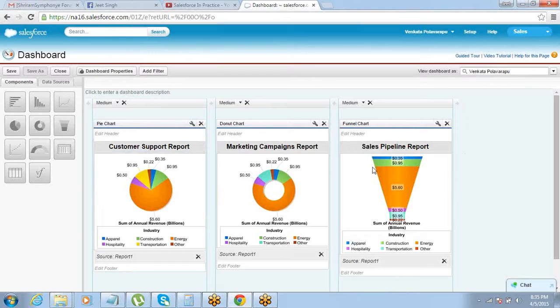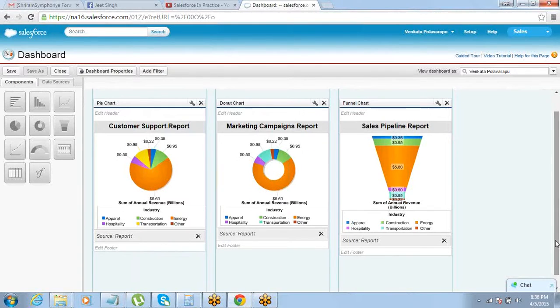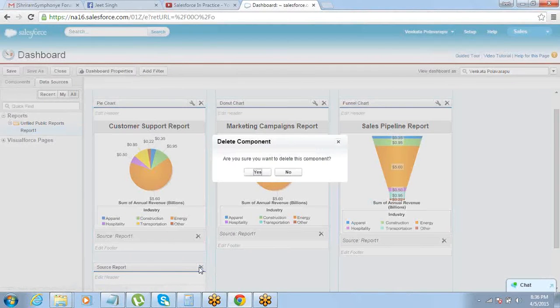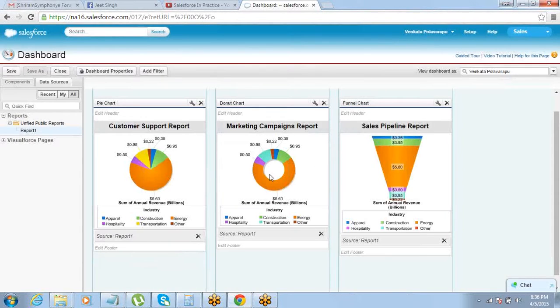That's it. Now you can put a header, footer, title, and your dashboard is ready. So you can bring in more things here. Right now there are just 3. You can bring in more, you can drag in more data sources here below this. So this way you can have maximum 20 reports on one single dashboard.